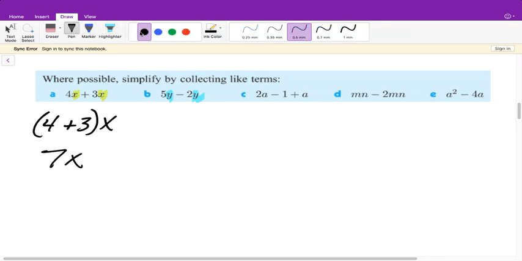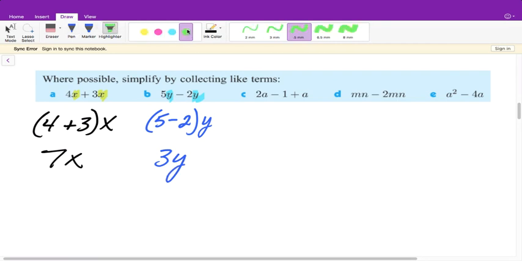They are identical. They are the exact same terms, so we can add or subtract these. So we can do 5 minus 2 multiplied by our variable, and 5 minus 2 is 3, so it is 3y. Right, this one's a little bit different because if you see, we have an a and we have an